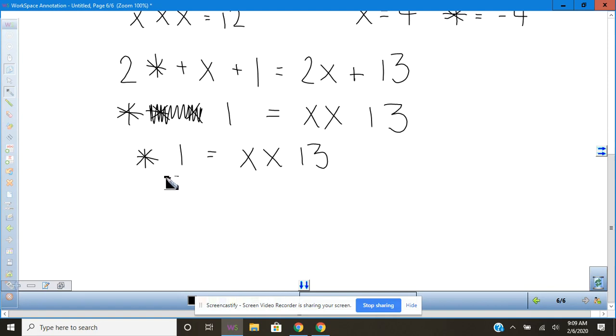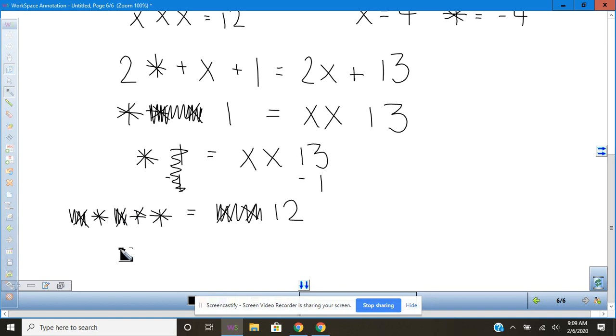Next, I can get rid of my smaller number. I can subtract 1 from each side. They cancel out, and now I'm left with star equals 2 x's and a 12. Well, I can't get rid of this because I don't want to leave my side blank. Never do that. So I'm going to add a zero pair in order to create some x's. I can get rid of 2 x's now on each side. I'm left with 3 stars